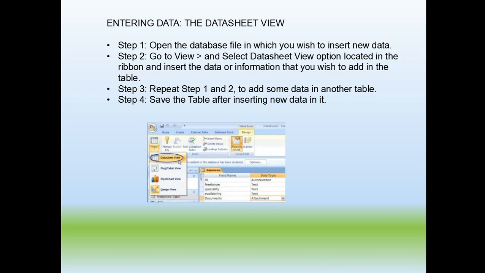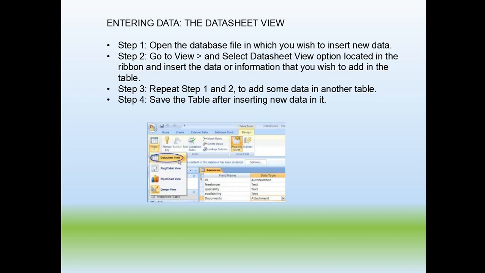That's it for today. So let's summarize in short what we have seen today. We have seen the concept of primary key. We have seen the different views of spreadsheet, that is datasheet view, pivot table view, pivot chart view and design view, and we have seen all the parameters regarding design view. What is the necessity of design view?